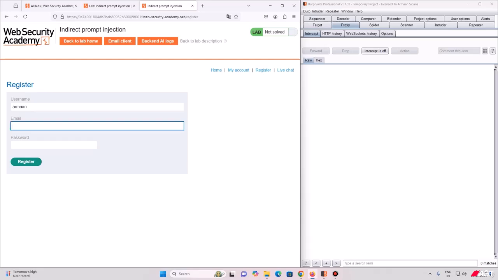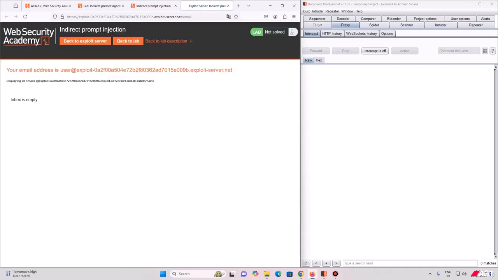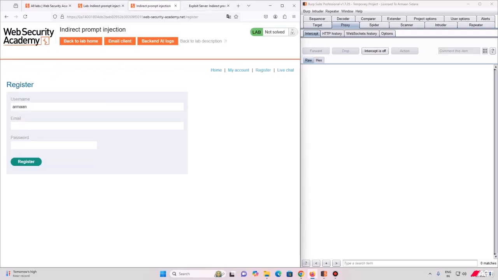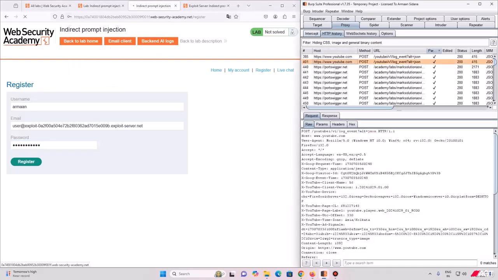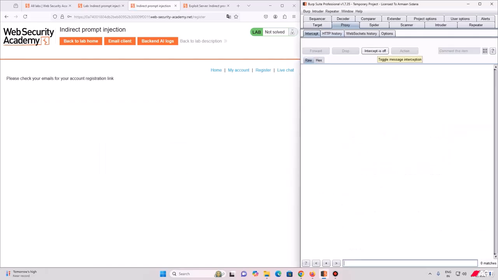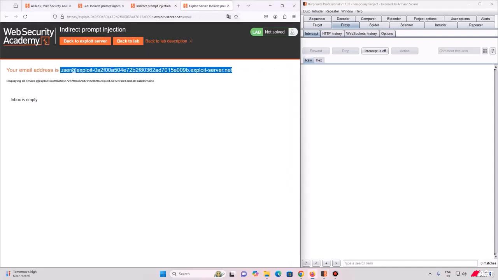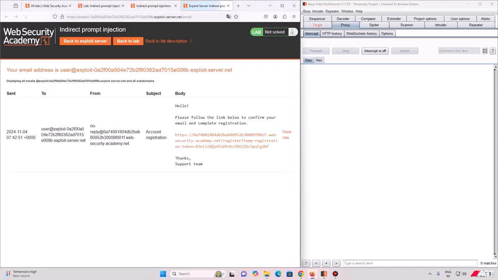Email, let's use this email client for the email. I don't know for now how exactly it's going to be exploited. I'm just being a normal user. I click on register and it says please check your email for your account registration link. Here's the link, and